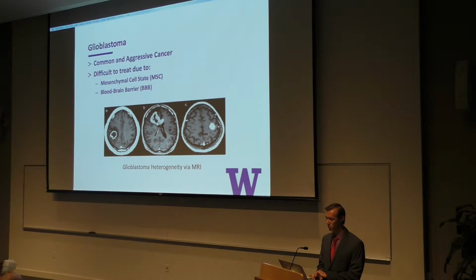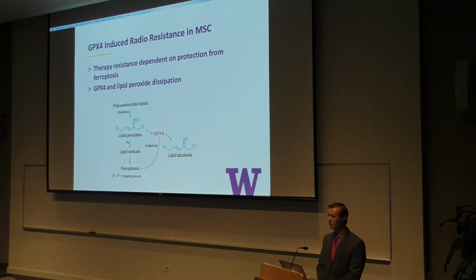resistance to multiple treatments. To make matters worse, the delivery of drugs to the glioblastoma is greatly impeded by the blood-brain barrier, which only allows certain small molecule drugs to cross due to the epithelial-like tight junctions within the brain capillary endothelium. Now, this therapy-resistant high mesenchymal cell state in glioblastoma has been shown to depend on a druggable lipid